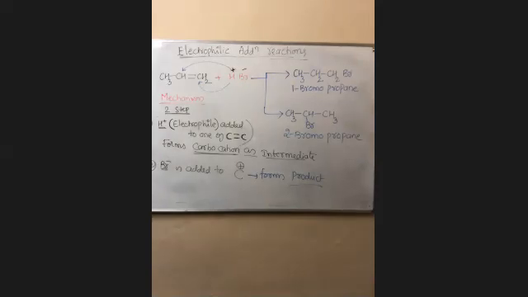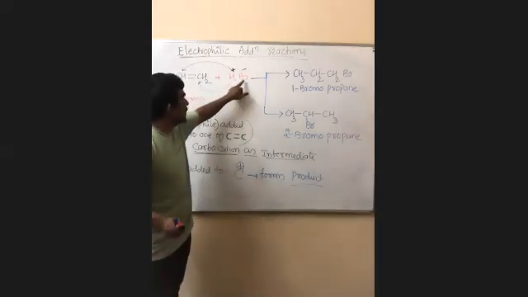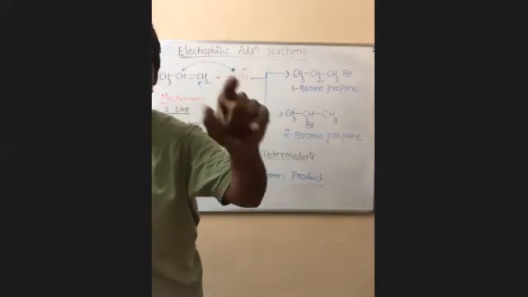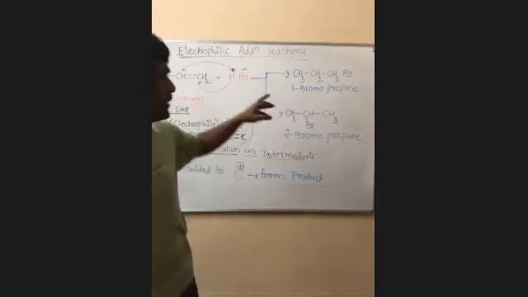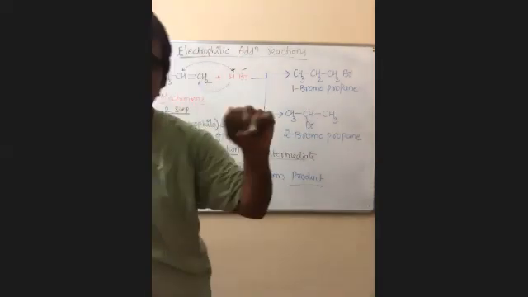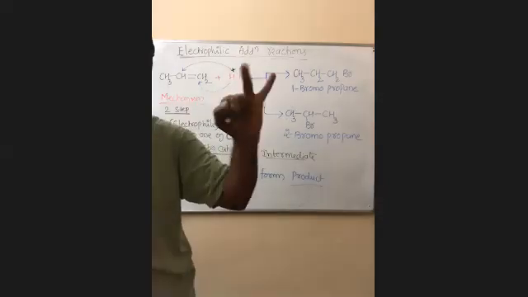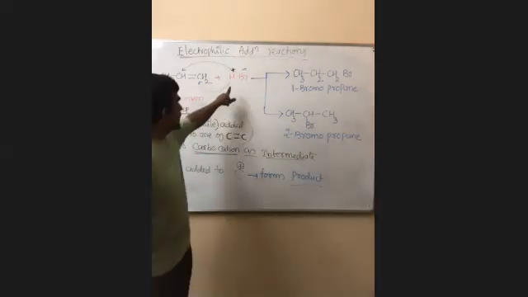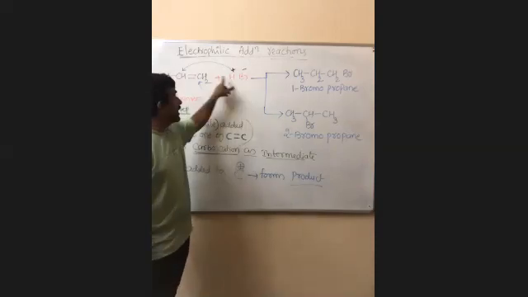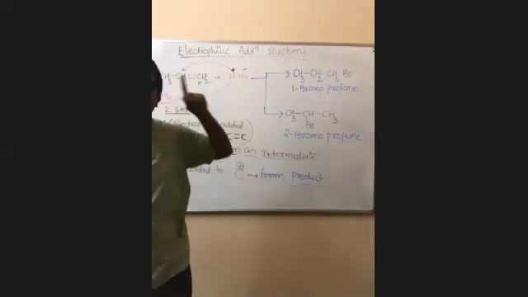I will explain with that example now. You should know what is mechanism. During the mechanism, what happens? First H plus. If it is HBr, it means H plus. If it is H2O, it means HOH. If it is HCN, it means HCN, like that. Always H is added first, followed by the negative charge. H is added first and forms the carbocation.